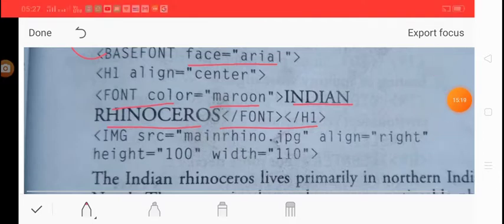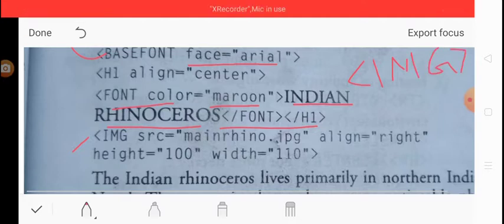Now just after that there is an image tag, and as we know, if we want to insert an image, for that purpose there is a tag named img. Okay, the img tag is used for that purpose, so we use the img tag here, and then the URL is given with the src attribute. So we give the name of the image, and we can easily see in the diagram that the image is right aligned, so we use align is equal to right.